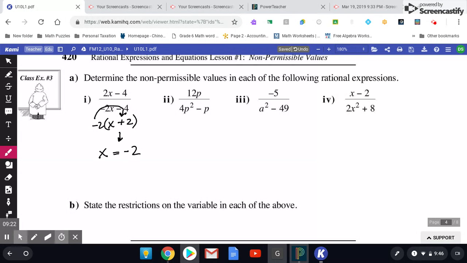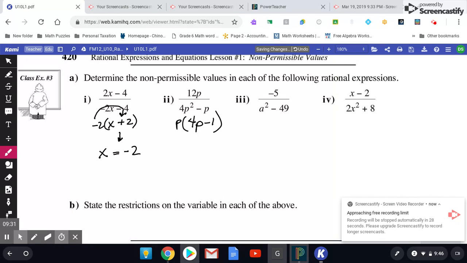If I move to the second one, I'm going to pull out the p that is common to both. And when I do that, I get 4p minus 1. Now, this has two places right here. P being 0 would make it undefined. But also, what happens if this bracket is equal to 0? Well,